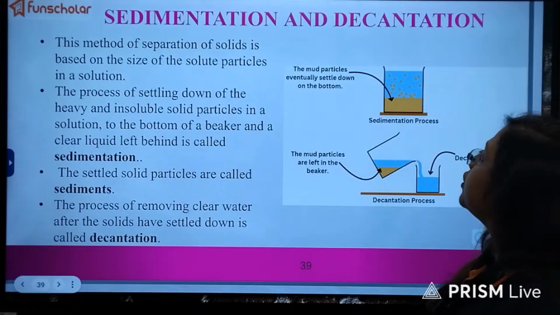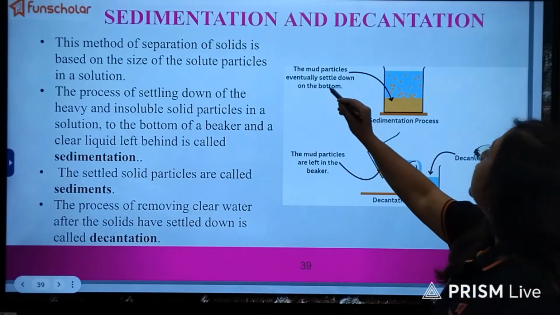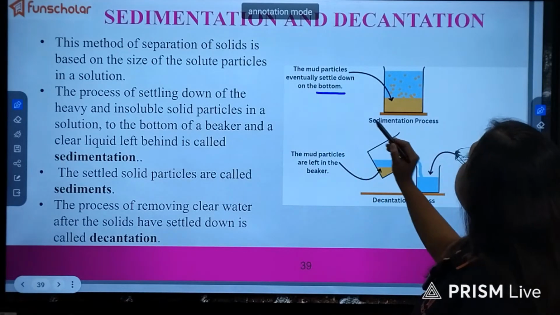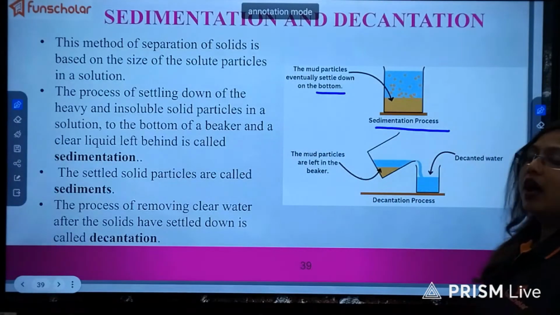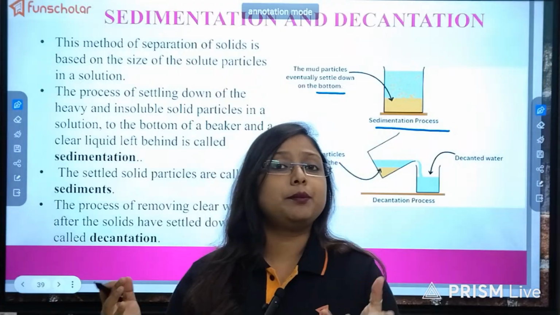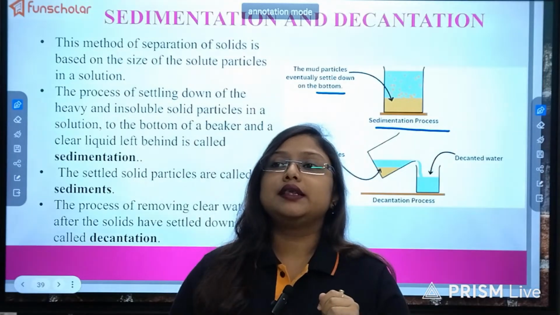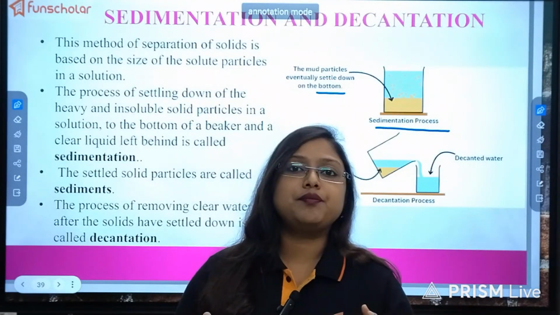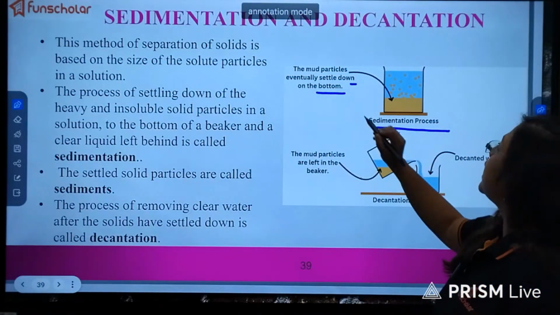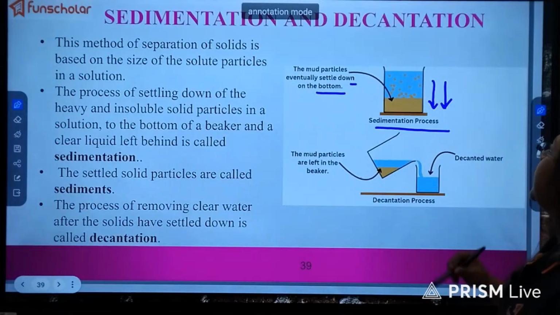This method of separation of solids is based on the size of the solute particles in a solution. Here you can see that the mud particles eventually settle down at the bottom. That is the sedimentation technique. Like if you have a bowl of water, or maybe you have taken water in a particular beaker, like muddy water, with a lot of mud mixed with it, and then you leave it for some hours, then you can see that all the muddy part, all this kind of soil substances will be sedimented or settle down at the lower part of it,